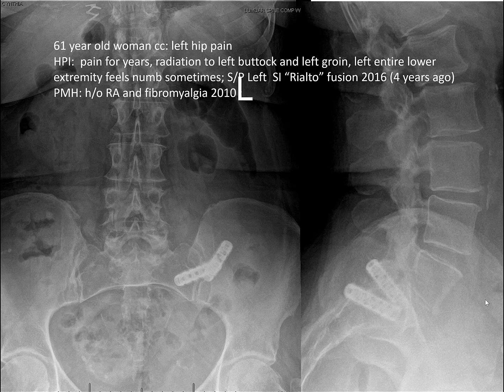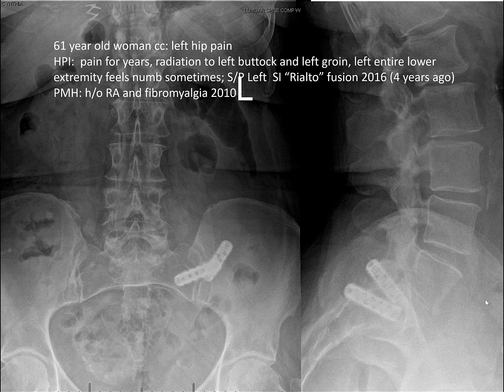She had a left sacroiliac Rialto fusion, which is the Medtronic percutaneous product, in 2016. She said initially she was okay, but then in the last 2 years she's been having pain. She has a history of rheumatoid arthritis and fibromyalgia diagnosed in 2010. Other than that, she's a pretty healthy woman, normal body habitus. Exam,